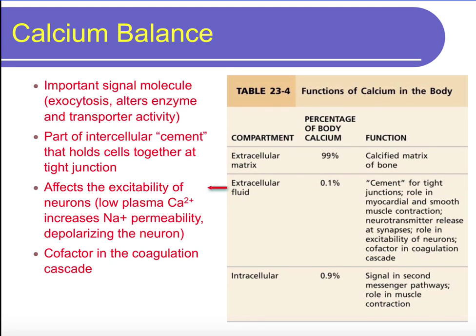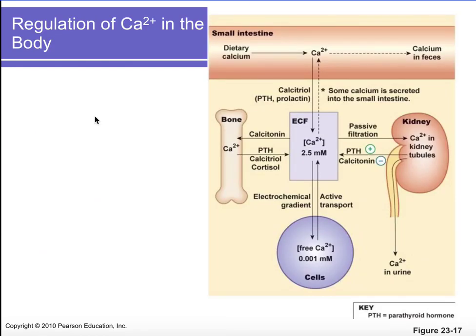So let's regulate blood calcium. How do we do that? This is a good summary figure that really shows us. Here's our ECF, extracellular fluid calcium. I'm going to think of this as what will eventually be in the blood. Now there are several places where we can regulate calcium. If you recall, 99% of our calcium is found in our bone. So obviously our bone is going to play an important role in blood calcium levels.